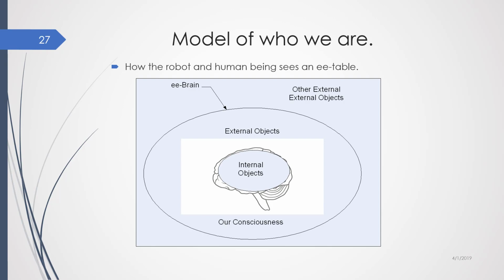For human beings, there is an EE world that exists that we are not aware of, where the real world objects exist. Like a robot, light rays reflected from EE table enter into our EE eyes and get converted into EE nerve signals and pass through EE optic nerve to EE visual cortex, where the picture is created of table, eyes, and human being himself. And outside and inside definition is created, that whatever is outside of human beings' representation is outside world.